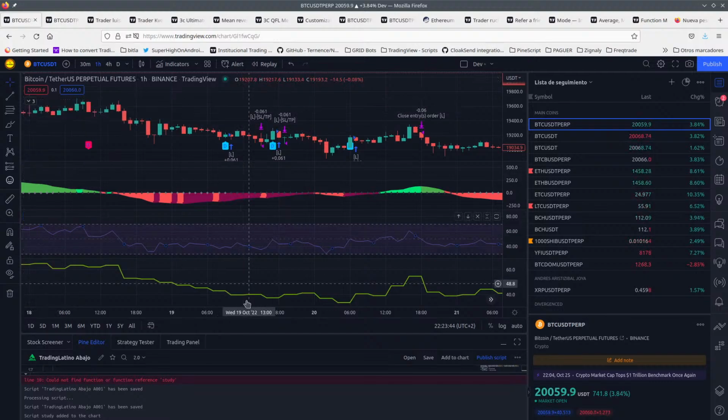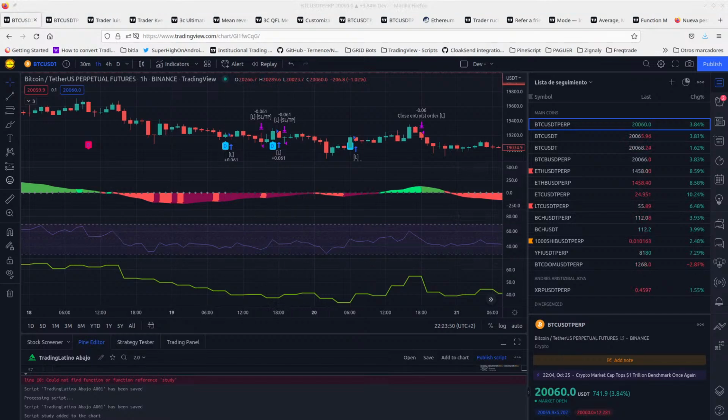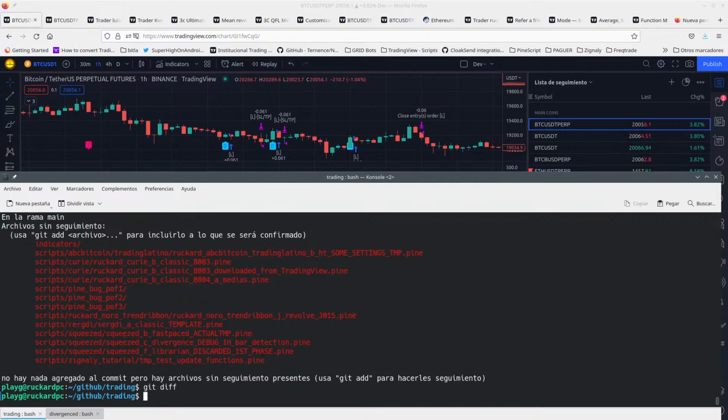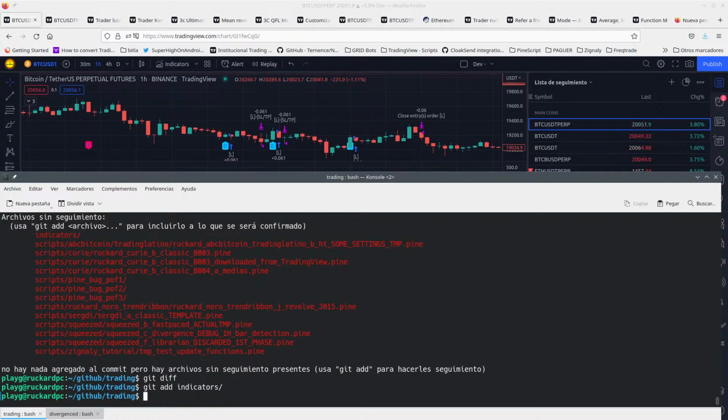Okay, so now we are going to keep on improving this indicator so that it has our new functionality. And so what we are going to do